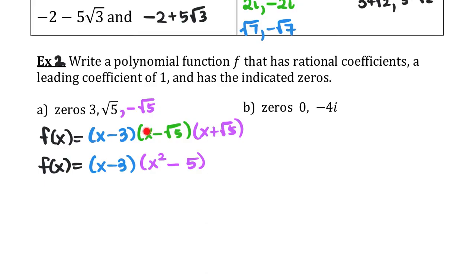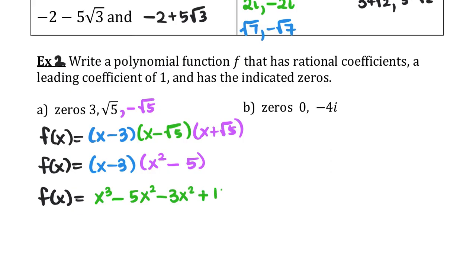The shortcut: x times x is x squared. Since this is a minus and a plus, I know the middle terms are going to cancel. And then negative root 5 times positive root 5 is negative square root of 25, which goes back to 5. Now I just have to distribute this part. So x times x squared, x cubed minus 5x squared. I'm going to distribute the minus 3. Minus 3x squared